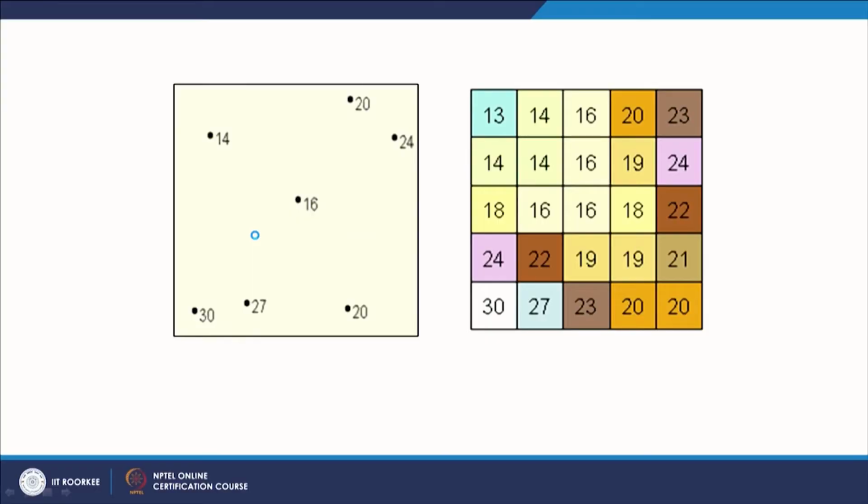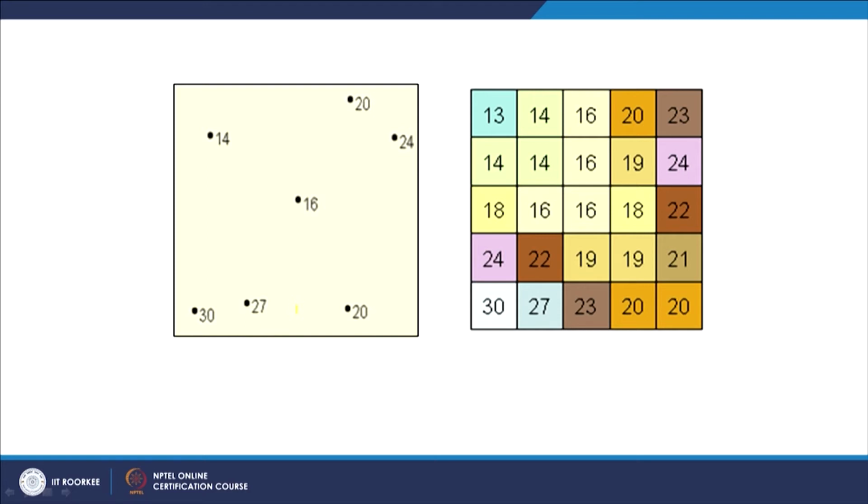For example, here I am having just 7 points, and these points have some values. Assume that these are elevation values. Applying spatial interpolation techniques, a surface can be generated like this.